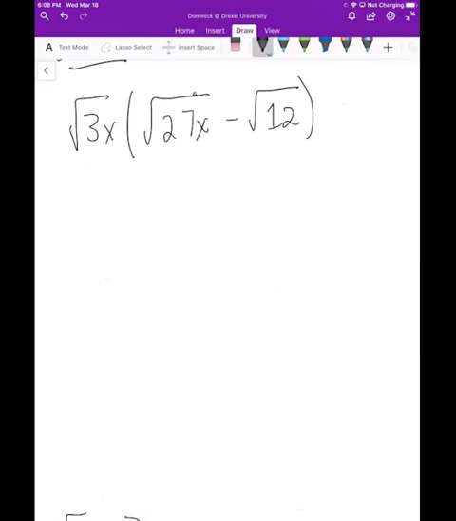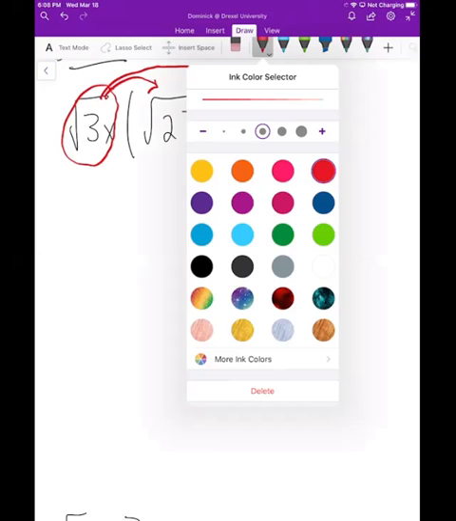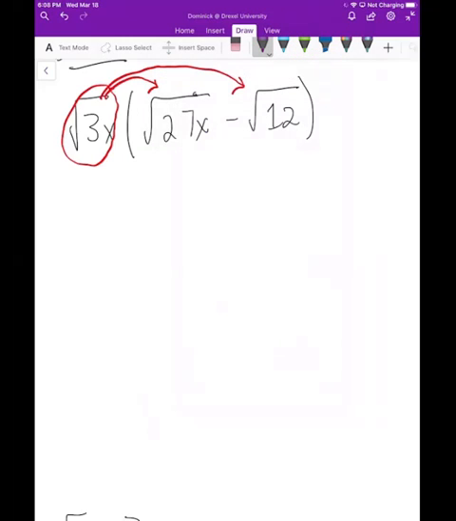So now this one sort of combines some old stuff, as you see here, that we have a distributive property. Right, we want to take square root of 3x, we want to multiply it by square root of 27x, and we want to take square root of 3x and we want to multiply it by 12, right? So now, of course, here, what we're really doing is almost two separate problems, right? If we sort of break this into what we just did a second ago, I essentially have square root of 3x times square root of 27x as one problem, minus square root of 3x times square root of 12,